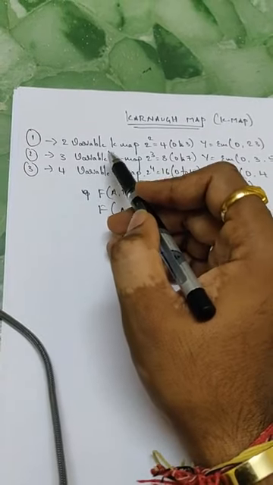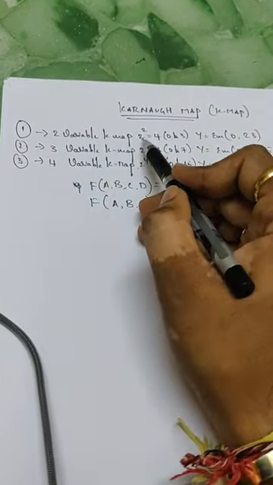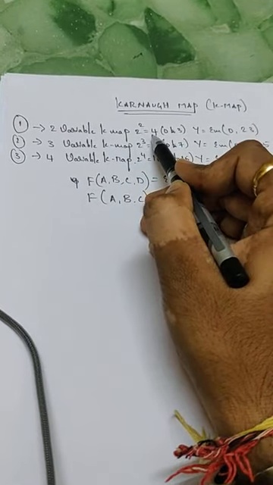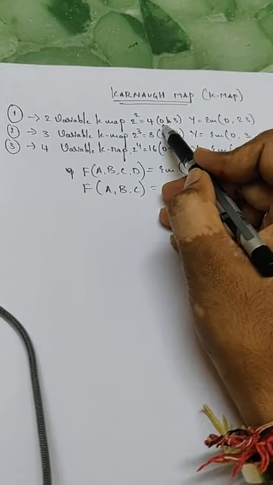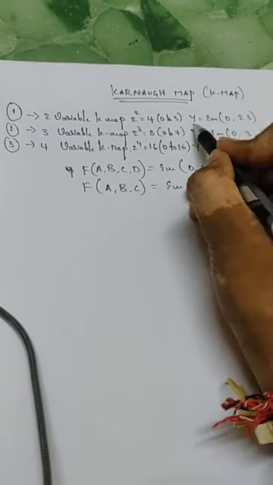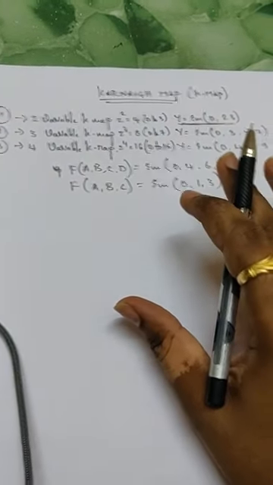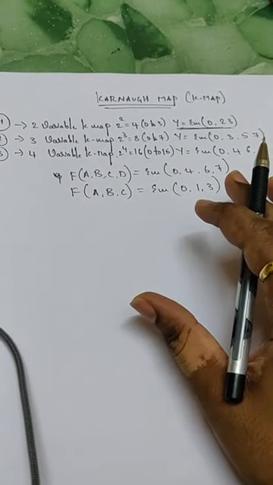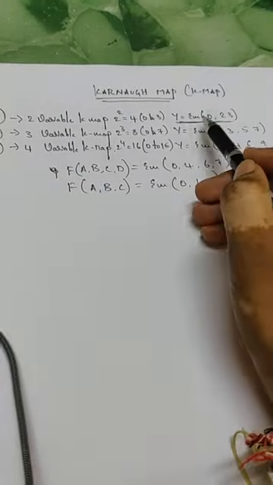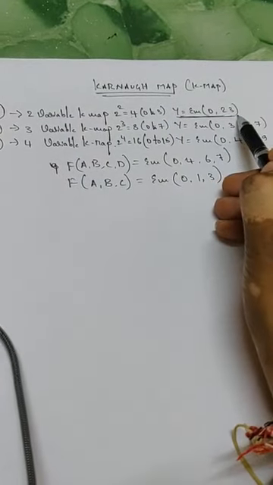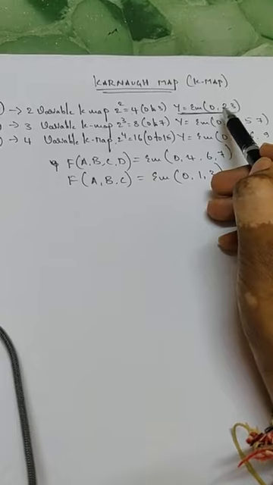First thing, when you hear 2 variable K-map, keep it in mind 2 to the power of 2 is 4, okay? So the K-map starts from 0 to 3. So they will give an expression like this. So the question in your exam will be in such a manner: simplify the given Boolean expression by using K-map. Okay, that's it. They will give the expression like this, and you are supposed to simplify this expression by using K-map.